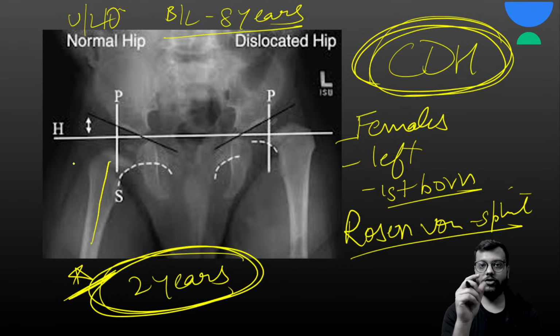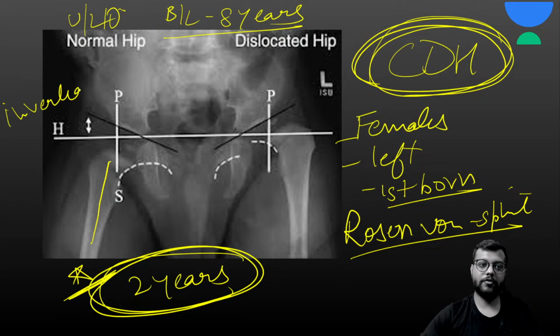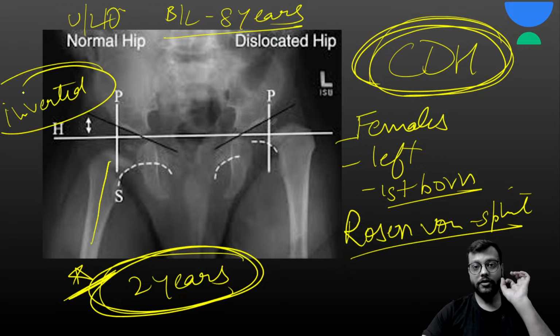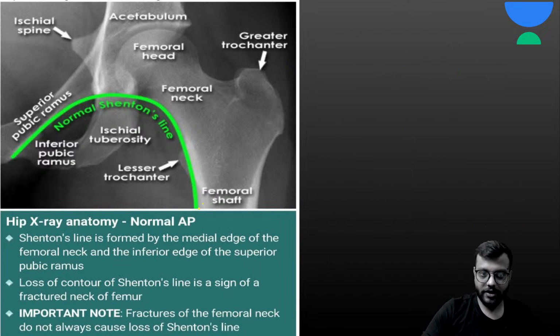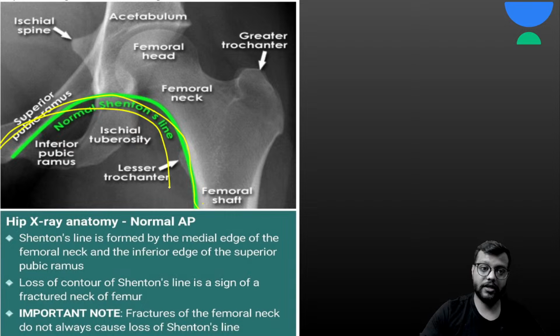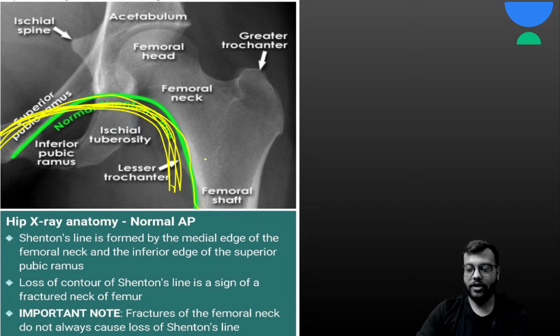okay, तो CDH में क्या होता है, जो एसिटाबुलम लैब्रम होता है, इसको बोलते हैं लिम्बस. सो दैट इज inverted because there is fibrofatty tissue that is in this acetabulum, and there is break in the Shenton's line. okay, Shenton's line जो होती है, या मीडियल साइड में लेसर ट्रोकेंटर से सुपीरियर प्यूबिक रेमाई तक एक लाइन होती है, दिस इज कॉल्ड अ Shenton's line. it is broken, there is shallow acetabulum here.